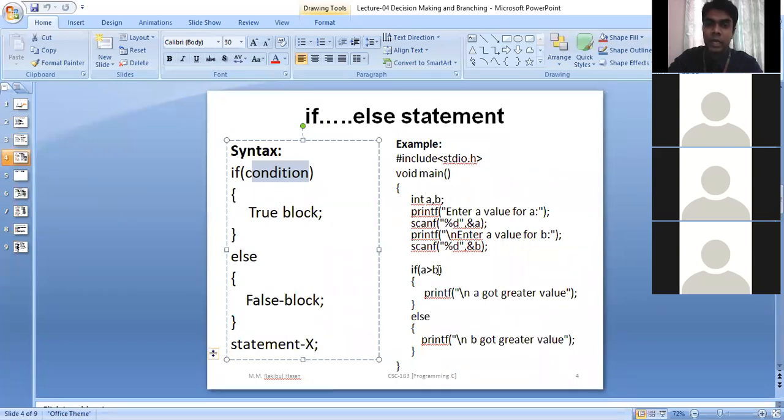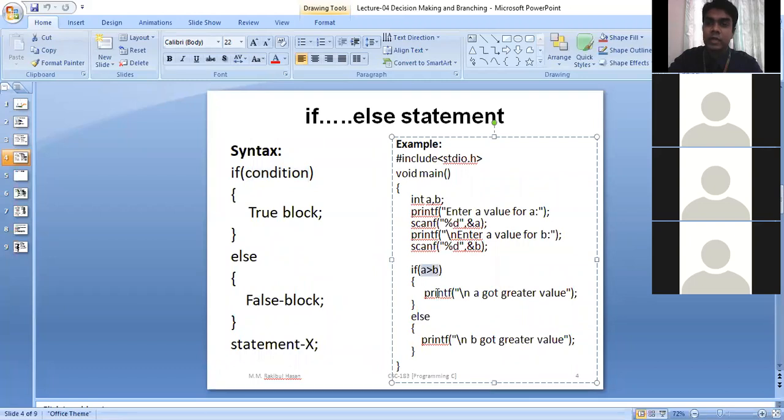An example is given here. Okay, so please turn off your microphone. For now turn off your microphone. You will get your floor. On that floor you can ask your question if you have any question.